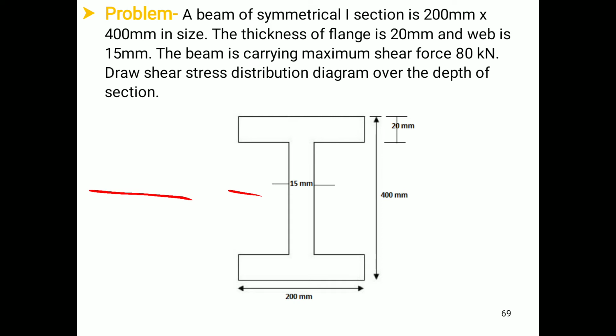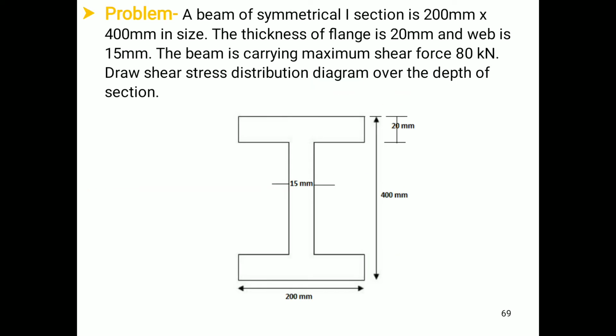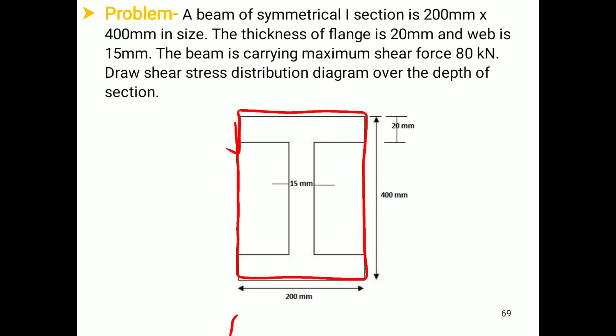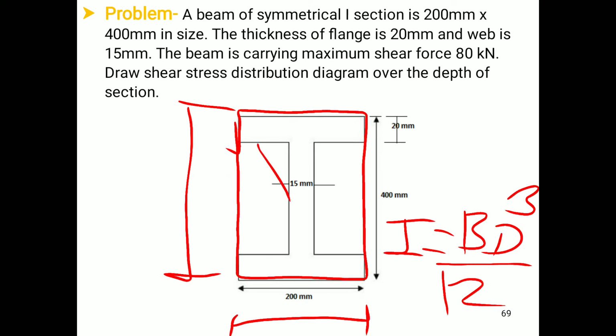Now we are going to find out the value of I. Remember that if I form this in this manner, we will have a rectangular section. For a rectangular section, this is the width and this is the depth. Therefore, I will become capital B d cube by 12. This is for the rectangular section, but from that rectangular section